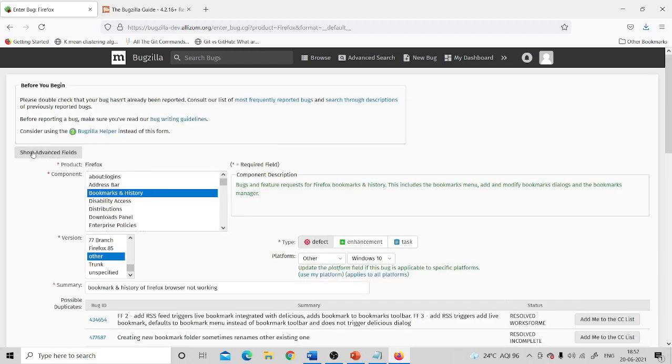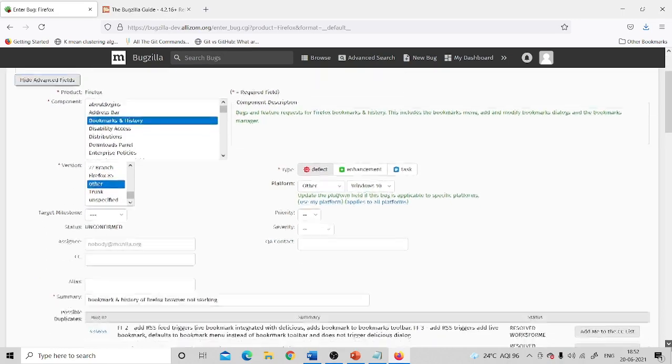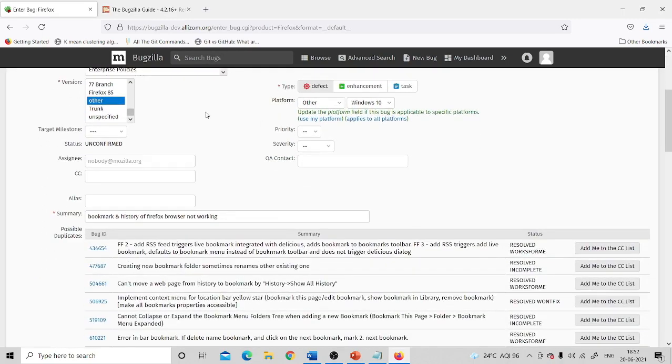Now you can go to here, show advanced fields. Those were the basic fields. If you want more fields, then you can go to advanced fields. Priority means how important the bug fixing is, how important this bug is. If the bug is not very important, even if it is showing, nothing is happening, you can still use the application without any issue, so that bug will have low priority. But if the bug you find is very important, without which your application can't work, and only if that bug is fixed can you use it, then you have to put it as the highest priority bug.